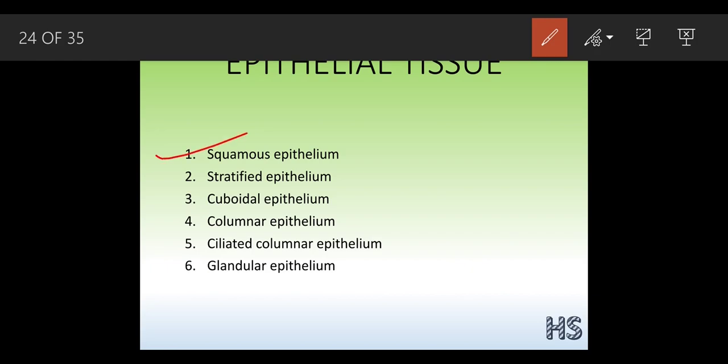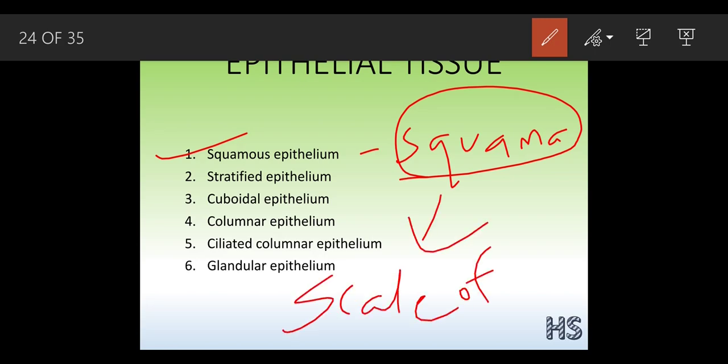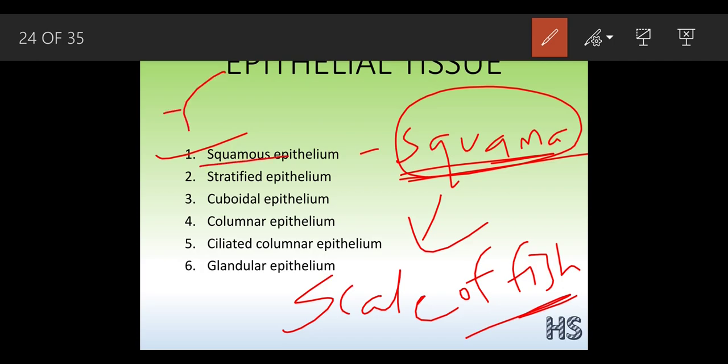The word squamous came from the Latin word squama. And the word squama is a Latin word. Okay, the scale of the fish, the scales of the fish are called squama. You can see the lining present on the upper side of the fish, which is nothing but the squama. So this word came from there. This word squamous also means flat, because they have flat skin.